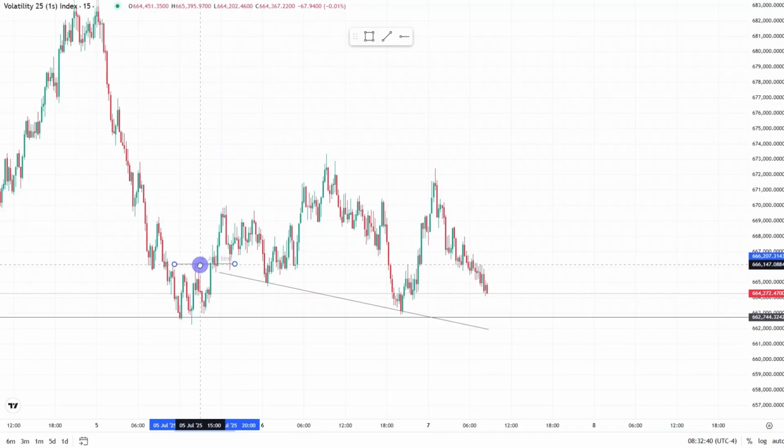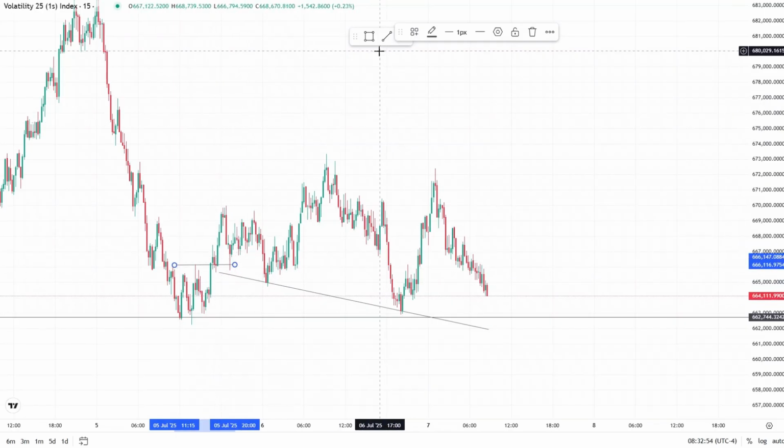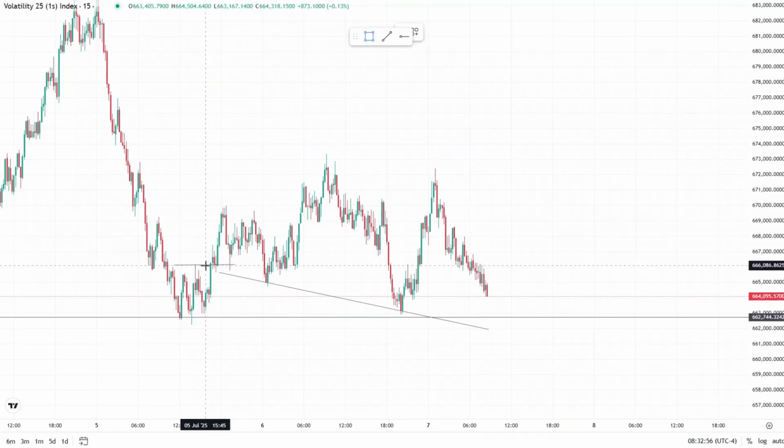Understand me? It reacted here and then it broke that high, right? It broke that resistance there, it broke it, and then after that it went down, playing around this gap right here,